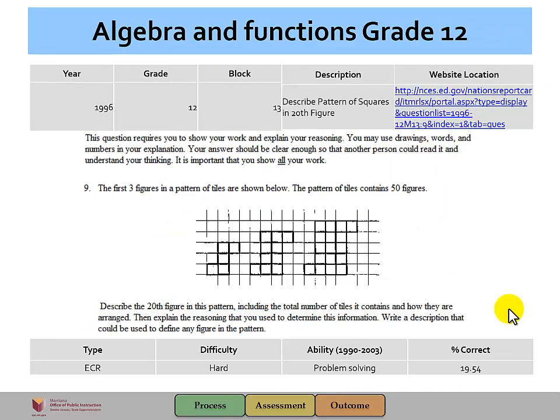So for grade 12, the grade or conceptual category that's most appropriate would be high school, and it's most likely that this is going to fit with functions, and specifically building functions. For our conceptual category, we have placed functions, and we have stated this is an excellent fit. Our evidence is you need to use an explicit equation to generate the 20th term. Our domain would be functions, specifically building functions, where our evidence is use an explicit equation to generate the 20th term. Our cluster,